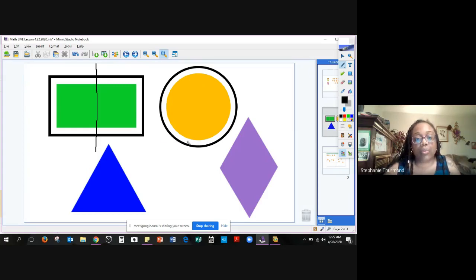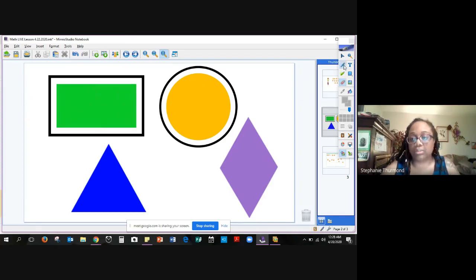Great, I have. What if I wanted to partition my rectangle into four equal parts? So this is where we can draw a line down the middle of our rectangle. So now I have divided or partitioned my rectangle into four equal parts. Another way that I could say is quarters. Just like four quarters make $1, four equal parts here make one whole rectangle. You could even notice this shape here, we made a smaller rectangle inside the bigger rectangle. So four equal rectangles make one whole rectangle, if you would like to look at it that way. I'm going to erase that,